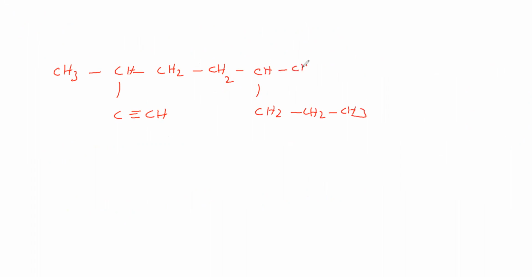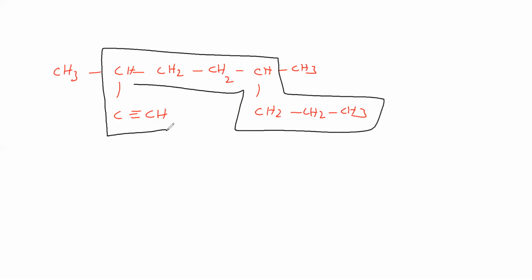Now, which one do you select as the parent chain here? In this compound, which one do you select as the parent chain? The parent chain must contain the C≡C triple bond. In this compound, the functional group is the C≡C triple bond, therefore the parent chain must contain it, so this is the parent chain here. How many carbons does this parent chain contain? As per that you say the root word, then the primary suffix you say is -yne because a triple bond is there. You take this as a branch and you take this as